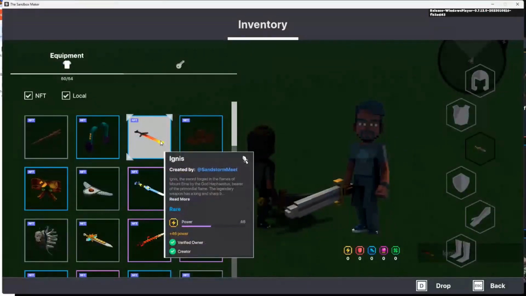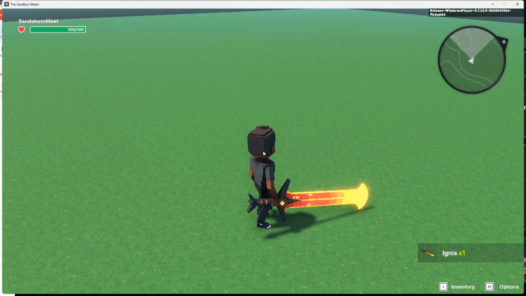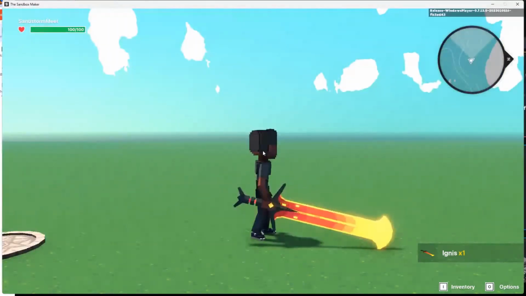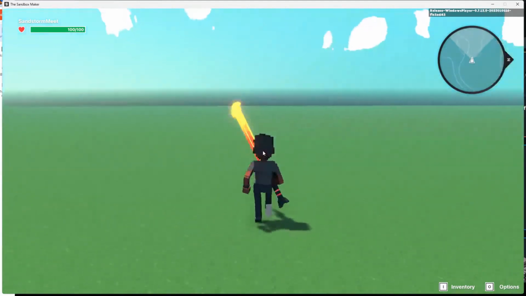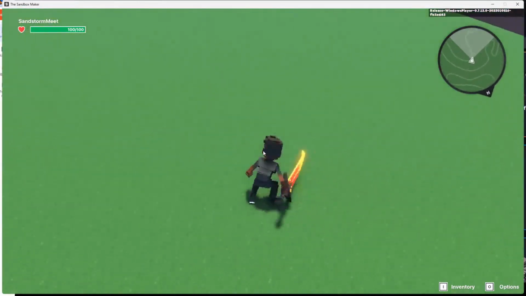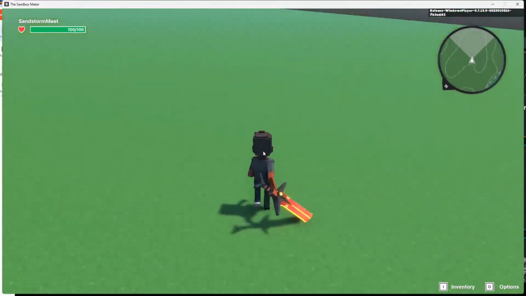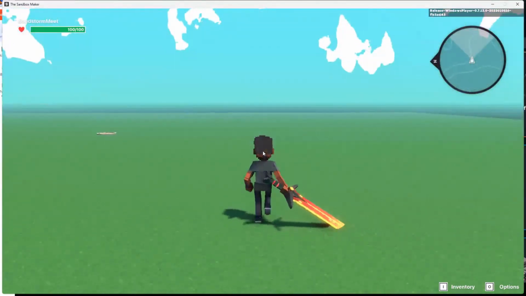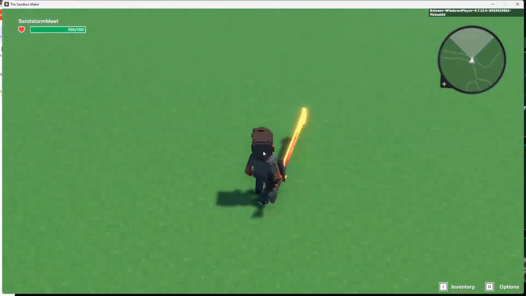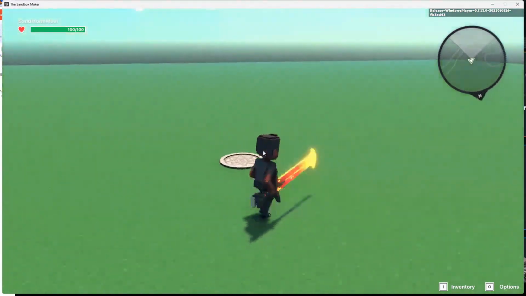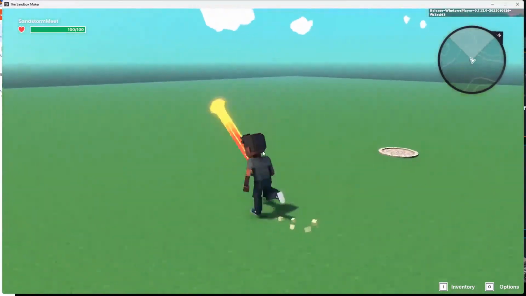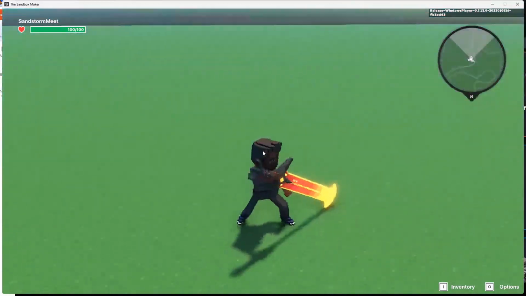Press I, wear the NFT, and you'll see the asset looks fine, right? It's not clipping, and this is okay. But when you, let's say, run with it, right? There you go. So now you see the clipping. This is inevitable if you have such a long sword. It's not a big issue, but it's something you may want to consider for your asset, that some animations may cut directly